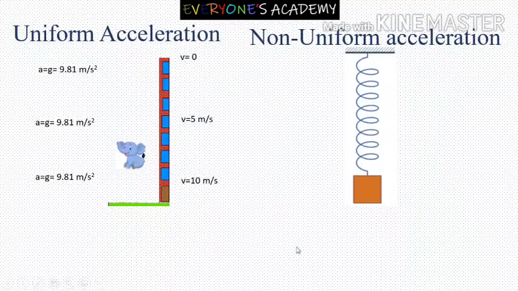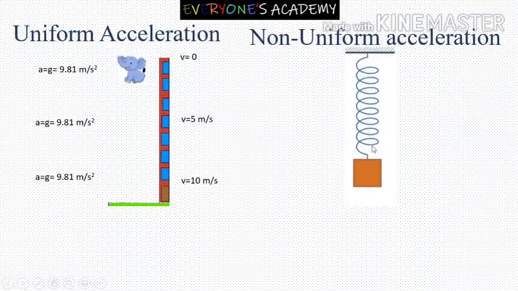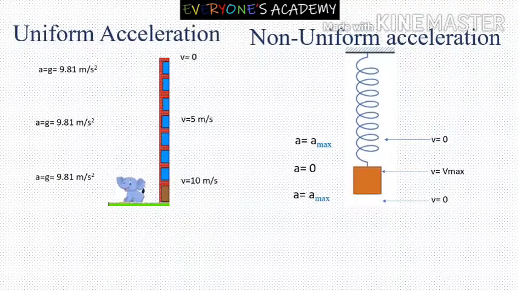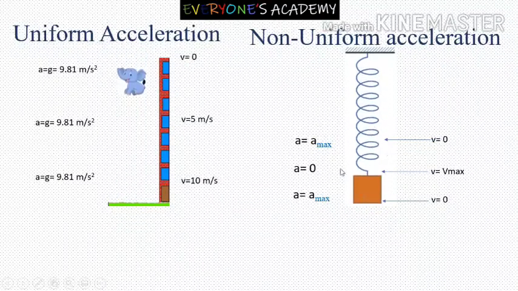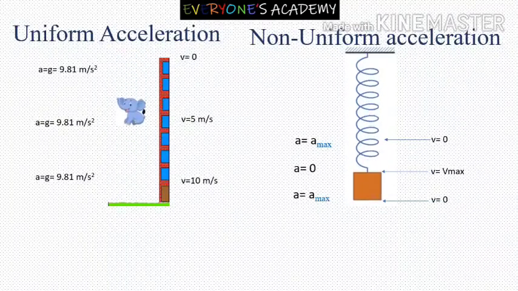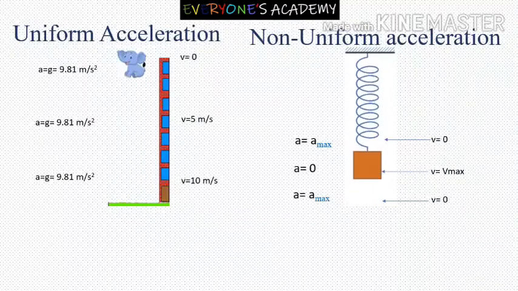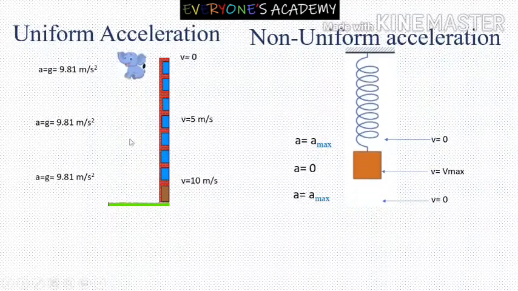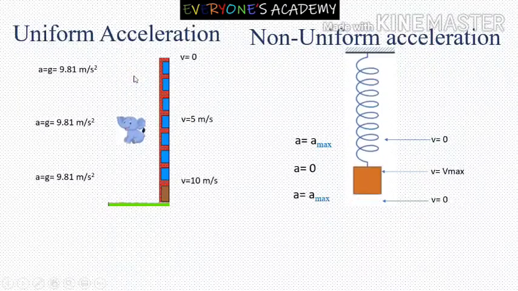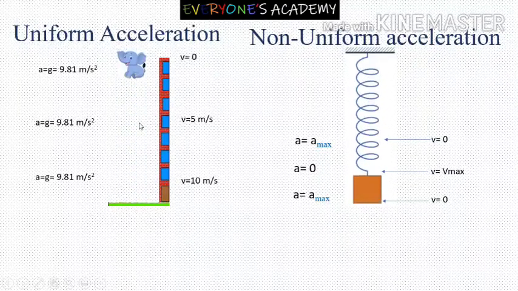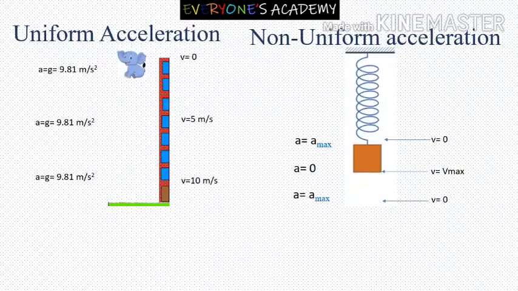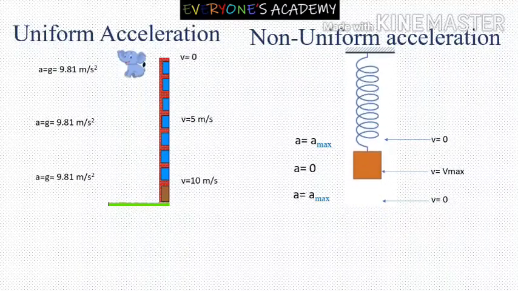In the second example, a box is attached to a spring and it is oscillating. Here you can see that velocity is varying and acceleration is also varying. That means this is not the case of uniform acceleration. Remember, in uniform acceleration, change in velocity is constant. And if speed is increasing, it will keep increasing. Here in this example, we can see speed is increasing and it will keep increasing as long as acceleration is constant. And similarly, if speed is decreasing, it will keep decreasing.